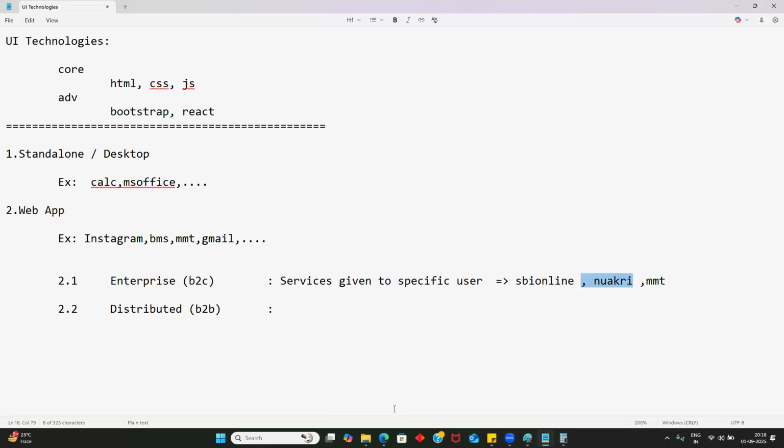Guys, I believe everyone is clear on enterprise, so I'll jump to distributed. Can I get a confirmation in the chat, please? Yes, sir. You can use a thumbs up also, I mean, a symbol. Instead of typing, you can use a symbol, so I can see the count better.